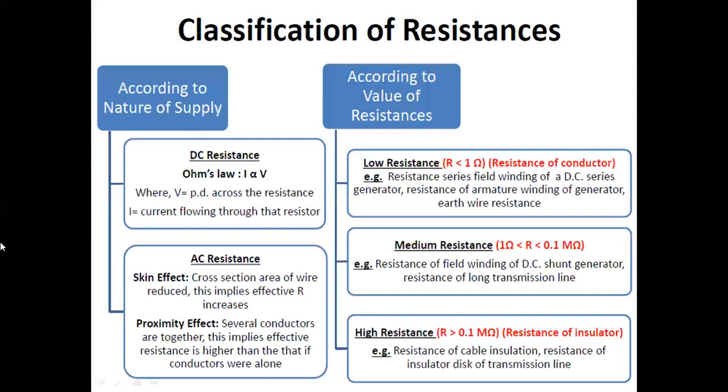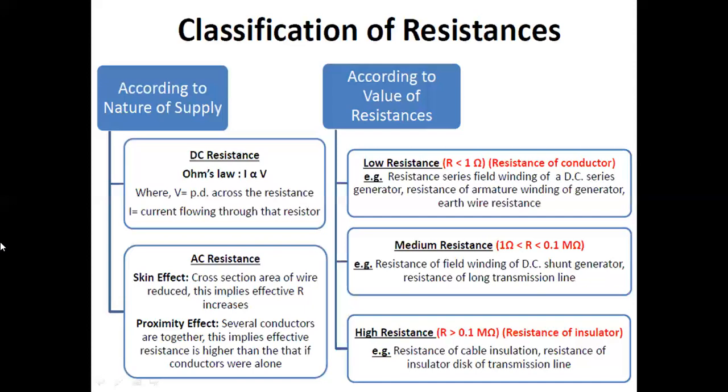We already know the definition of resistance. Resistance is a property of a resistor, and its unit is ohm. The next thing is, resistance is nothing but the capacity to resist the flow of current, right? Resistance is the property of the resistor which will resist the flow of electric current.